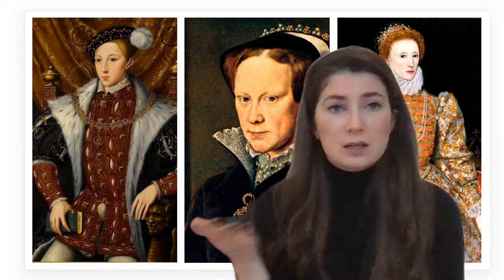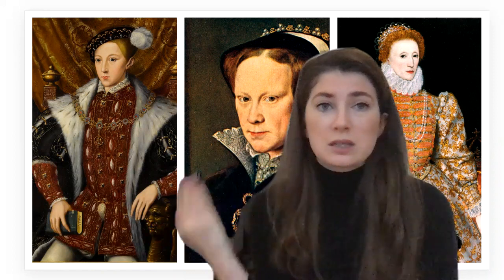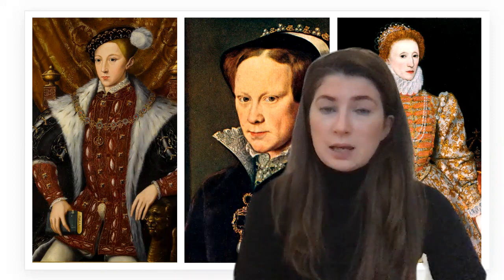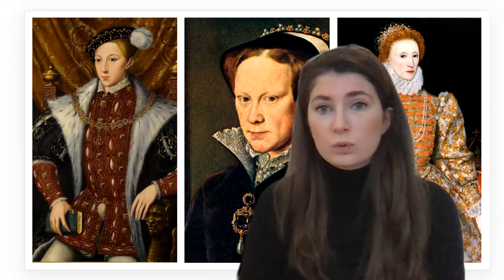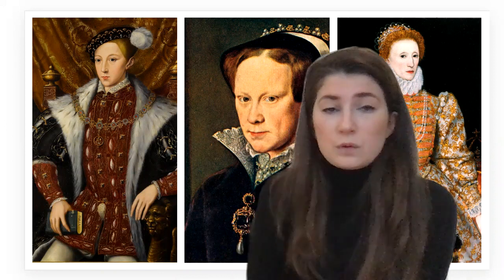On her father's death, her brother Edward became king, as is the law, where the son, the male heir, inherits above any girls, even if he's not the oldest. So he was the youngest child, but he inherits the throne first. So Edward becomes king. However, he's only 9 years old. So the country is run by his uncle, the Duke of Somerset. Edward died in 1553, only 6 years after he took the crown.